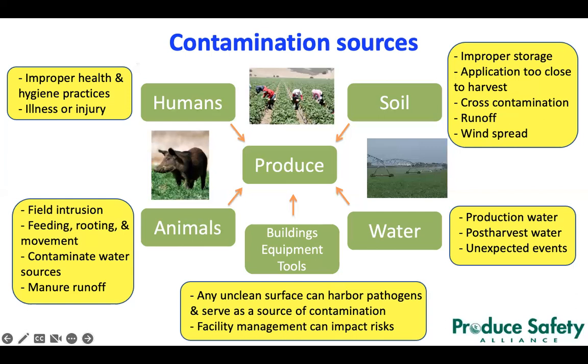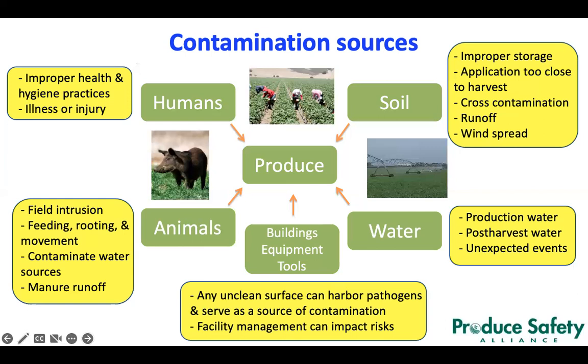So raw manures and other soil amendments can be a source of contamination if they're not properly handled and applied. As you can see here: applications too close to harvest season, improper or incomplete treatment of raw manures, improper storage of compost or manures, and runoff and wind can also spread cross-contamination due to improper sanitation procedures. Raw manure represents a significant microbial risk to fresh produce, since animal manures can contain